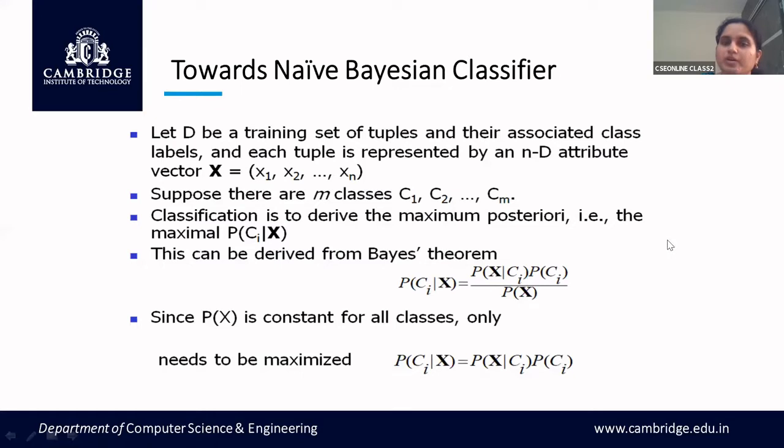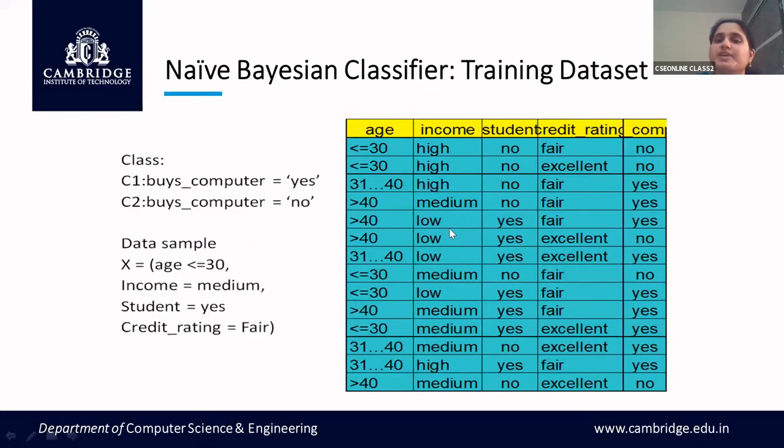Okay. To make this concept clearer, we'll move to one of the examples. I have taken the same example of buys computer. It has 4 attributes: age, income, student, and credit rating. Based upon these 4 attributes, you have to decide whether a person can buy a computer or not. Here again, this is your class label. Depending upon the class label, what you have to do first is find its probability. How many yes are there, how many no are there, depending upon that, you will find the probability first.